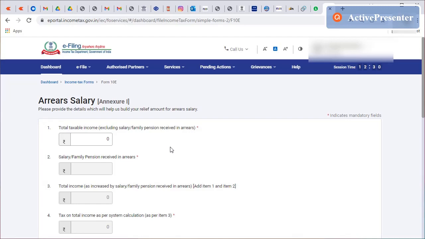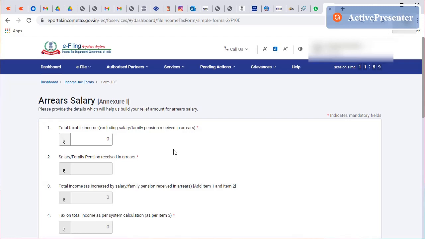So where to get this value? You would have got your Form 16 Part B. In that you can find the value there. Suppose you have made any investment at a later period, that would not have been reflected in your Form 16. So if that is the case, you have to calculate it manually and find out your current taxable income, the final amount just before the calculation of tax.